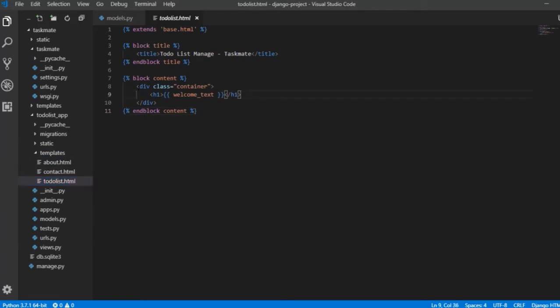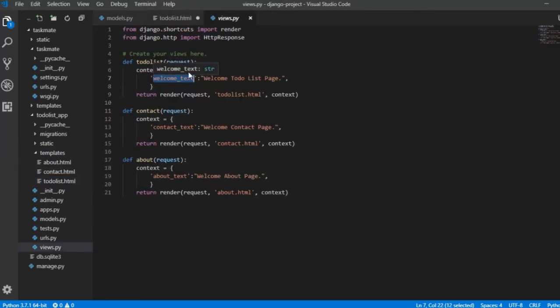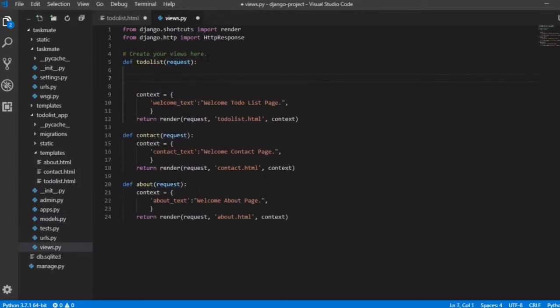Currently we are displaying our welcome text. So let me start working on this. The first thing I need to do is talk about how to fetch data. Whenever you want to fetch data from a model, the first thing is you need to import that model, and then the second thing is select whatever content you want from that model and store it in a variable.